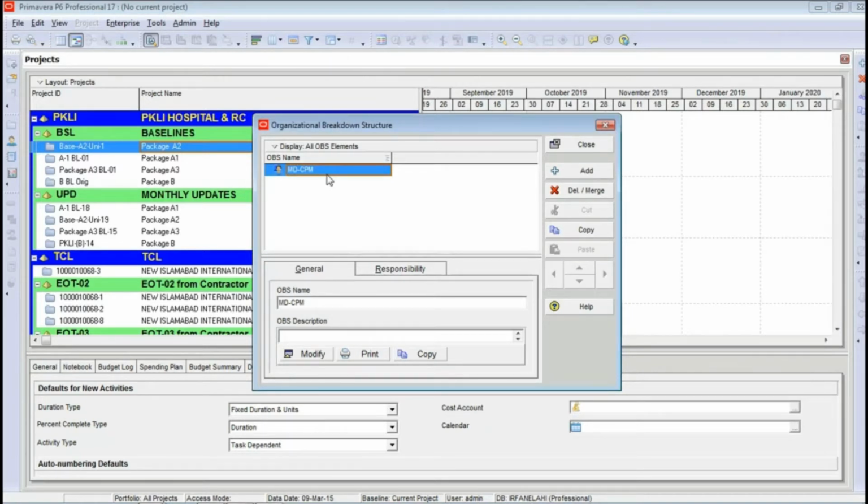And in this company, for example, they are doing three different businesses like manufacturing, plant construction, and building construction. So their GMs are responsible for their business sector. So we will add these three OBS under the organization breakdown structure of MD. You can type